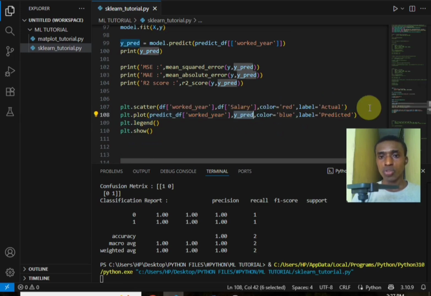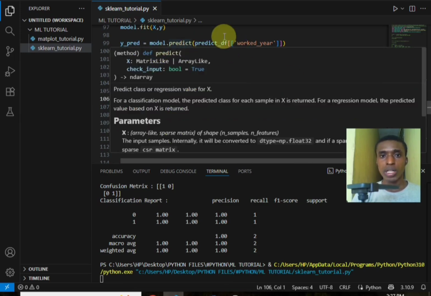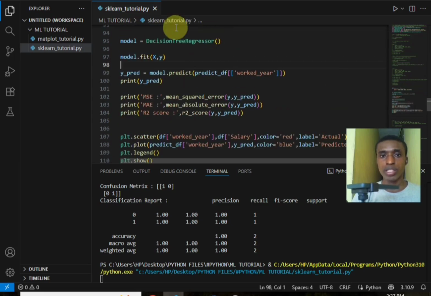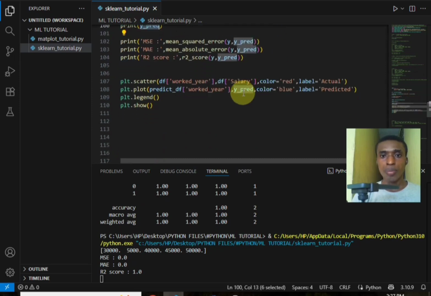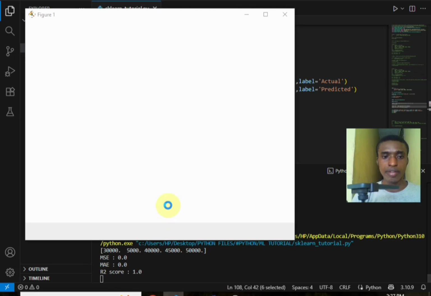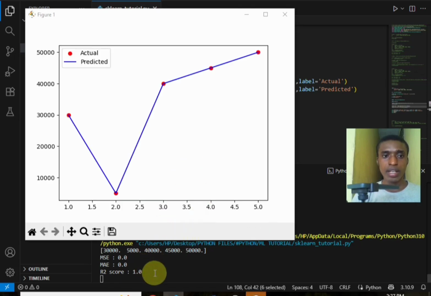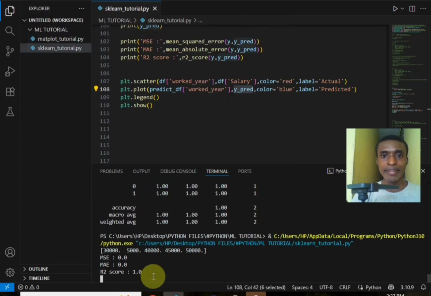You can see this y_pred was what was predicted by the model, which in our case is the decision tree. This is the output we get, the y_pred, and this y_pred is now going to be passed in and the graph plotted. When we look at this, everything looks good. It really looks as if our model was able to classify everything correctly. Our decision tree was able to